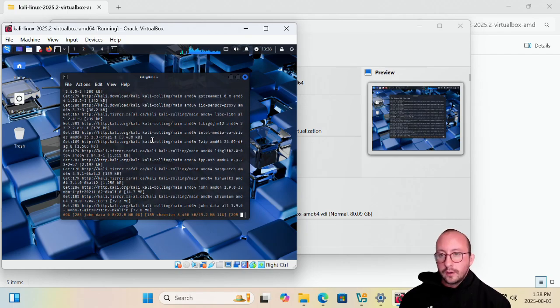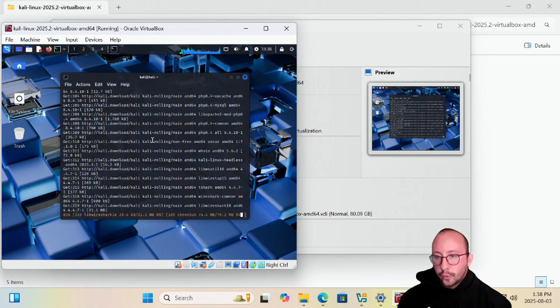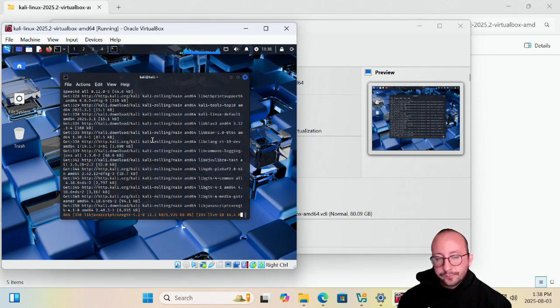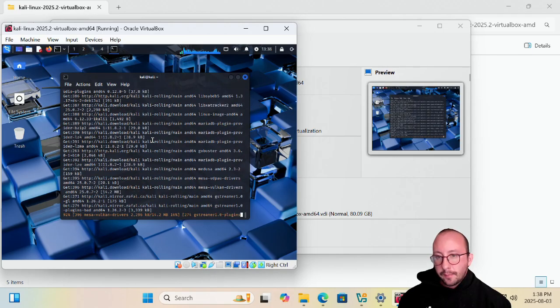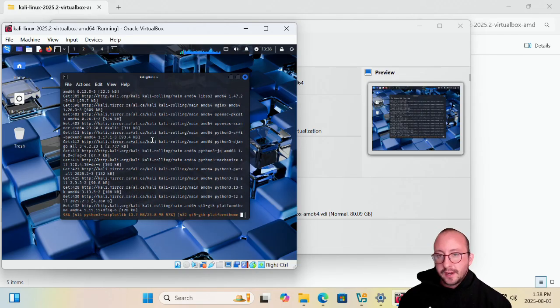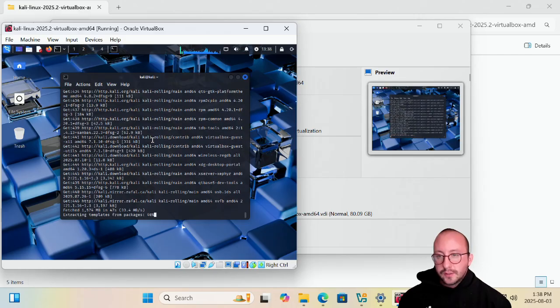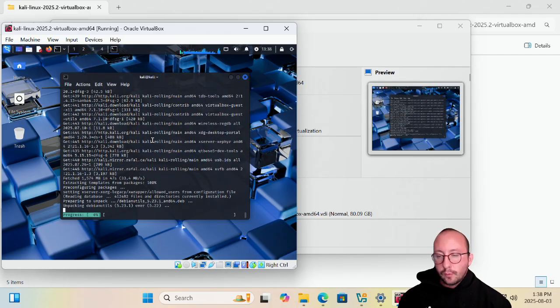And in the next video, we're going to be setting up our Metasploitable 2 machine, and we are going to be spinning up our Metasploitable 3 machine as well. And that is going to give us a good practice area to be able to practice some cybersecurity pen testing. And then we are going to start getting into some of the other stuff that we have planned for this